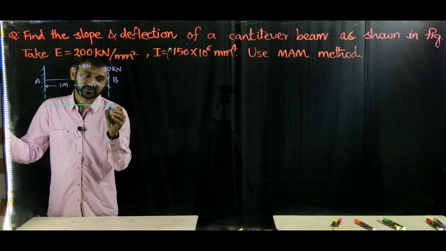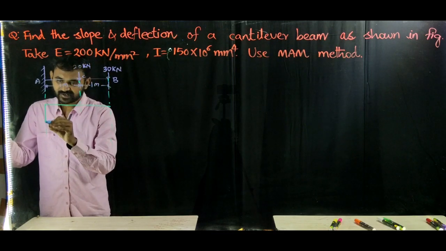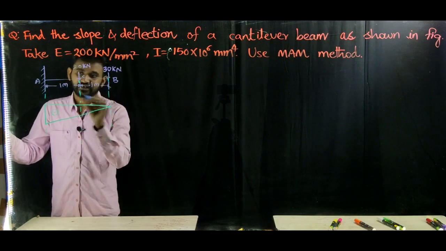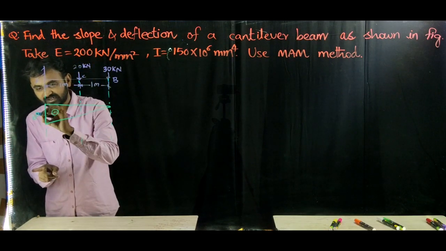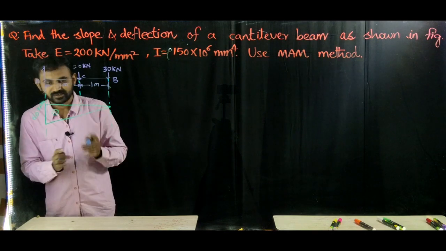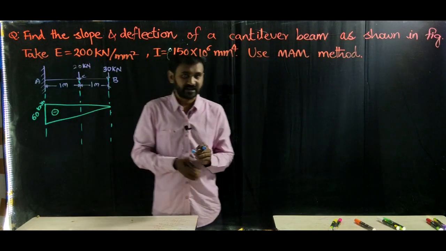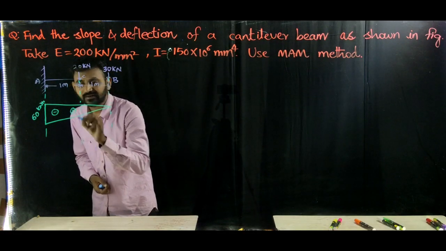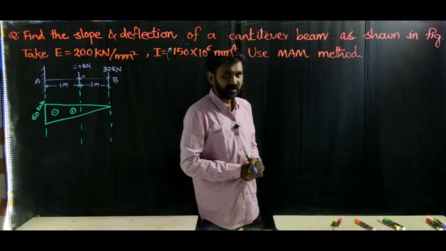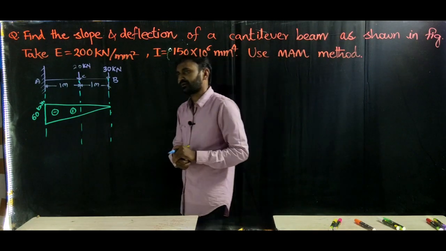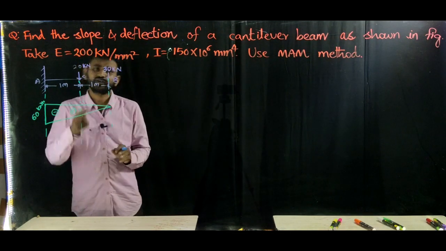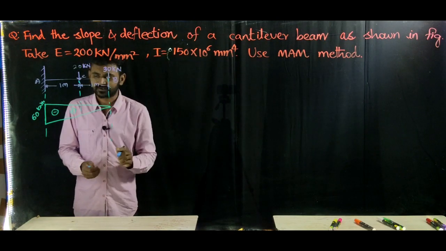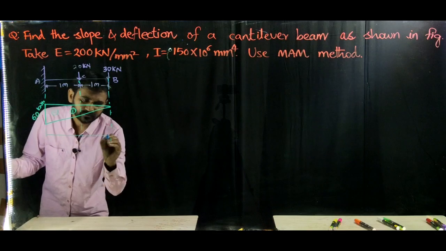So here, due to the 30 kilonewton load I will get bending like this, right? So this is negative 30 into 2, so this is 60 kilonewton meter. Here I am not considering 20, only 30. Let this bending diagram be figure number 1 and let's go for one more load, that is the 20 kilonewton load. When you are taking 20, you should not consider the 30 kilonewton load. So my diagram 2 will be like this.